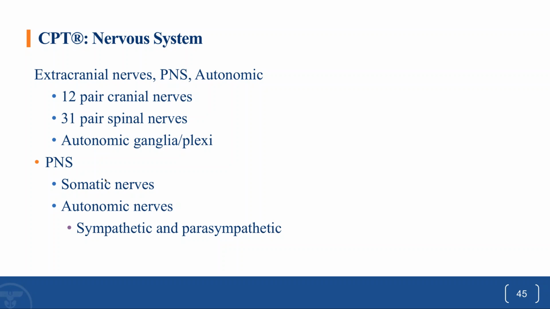Okay? And this is all the nerves. This is the third category, so that means this is the last one. This is the last section covered in the nervous system, because we already knew by looking at the reference page that there's only 3 categories. We already covered or looked at a few of the procedures for the skull and meninges and brain, and then we went to spine and spinal cord, and then we wrap up with this last section, which is all of the nerves. See, it's 3 different categories for the nervous system. And then once you get to the nerves, which is where we are, in your question, they are going to identify